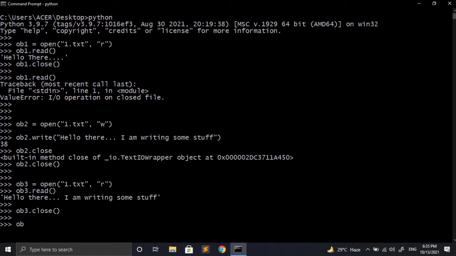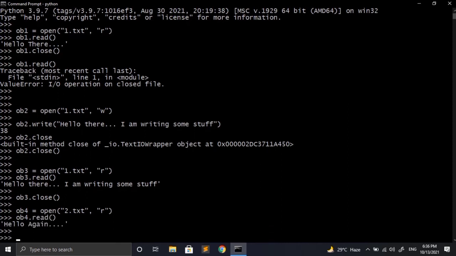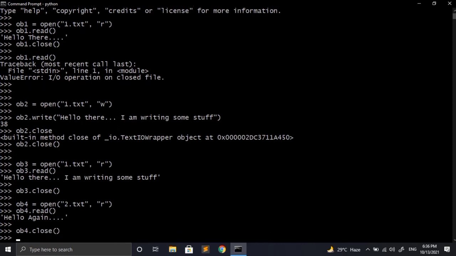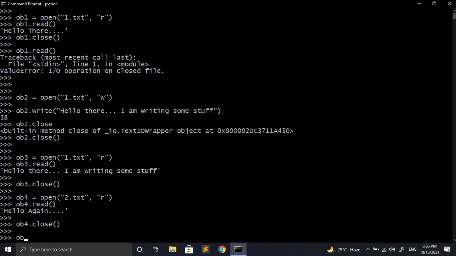Again I will be opening another file using the open function to demonstrate the use of append in Python. Now first of all, let's see what our file actually contains. So we will be using read mode here. Now to read data from the file, we will be calling the read method on the file object. So we can see that the file contains some data already. Now let's first close this file and then we will use the append mode to add data to this file and check if it works or not.